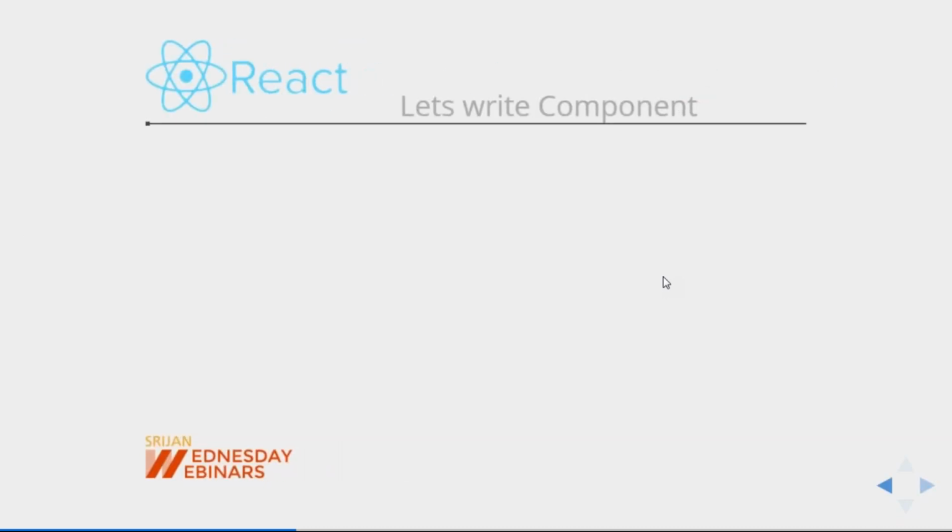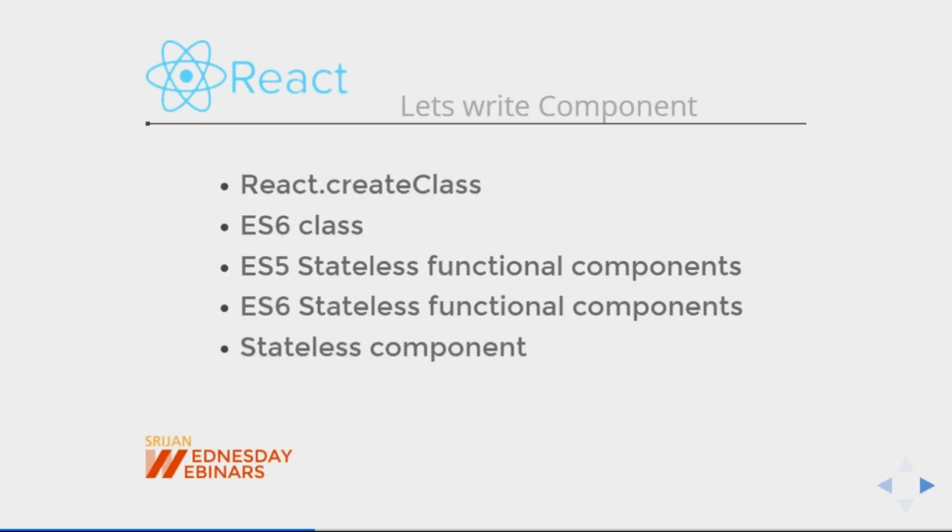So this is all about the basic setup of your React application. Now what we will be doing is writing our React component. Just assuming that you already know, but I will be covering some basics. So what are the different ways of creating a React component? You can create it in different ways. Either you will be writing the code in ES5 or ES6. In ES5, we are using the syntax of React.createClass. In ES6, you will be writing the ES6 class syntax to write your React component. Otherwise, you also have two other options: ES5 stateless function component and ES6 stateless function component.